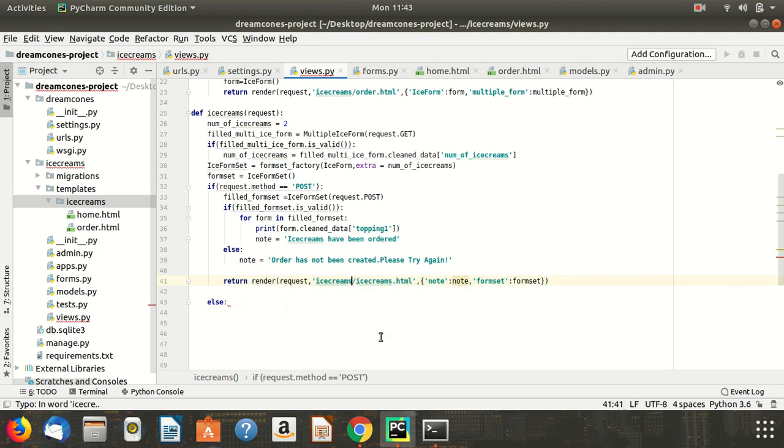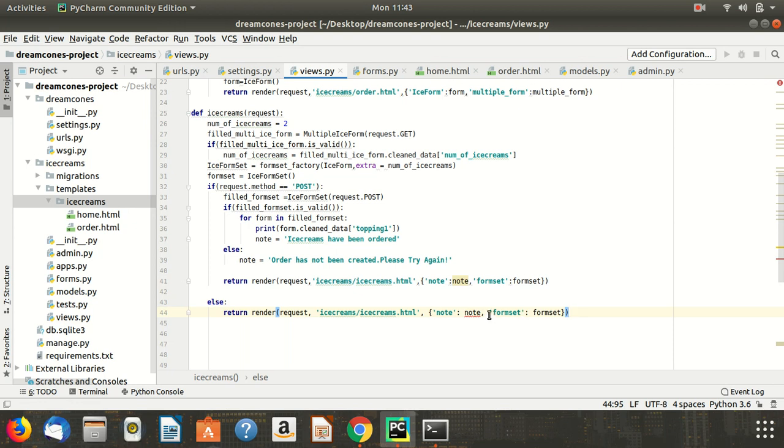Oops, here it should be ice creams, that is it, ice creams. So I'll just copy this and paste it over here, except this note. But we'll be having a formset over here, as we want people to be able to order ice creams. Now with all this in place, we need to create this ice creams.html, for which I will go to ice